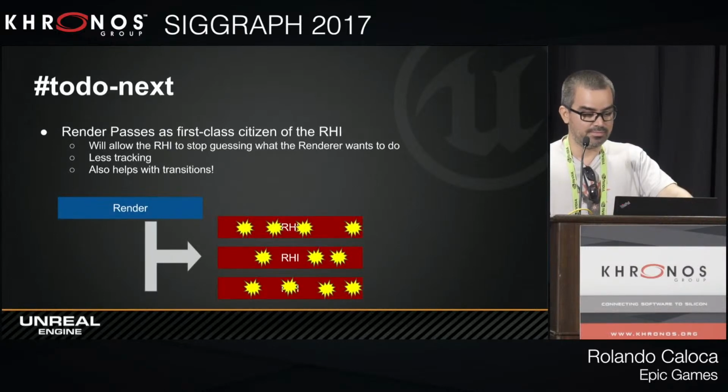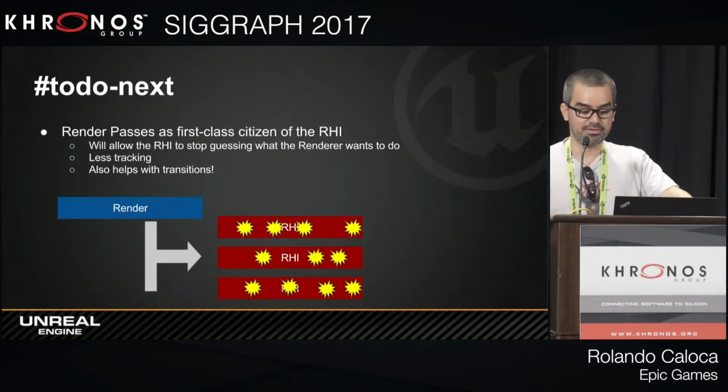So I mentioned render passes. One thing we're going to do after we fix all those problems is having render passes as a first-class citizen of the RHI. So there will be code basically defining a render pass object. Then we would insert the commands, and you will not be allowed to insert other commands that could be risky or that you can't do in the render pass. That'll simplify the coding model a lot.